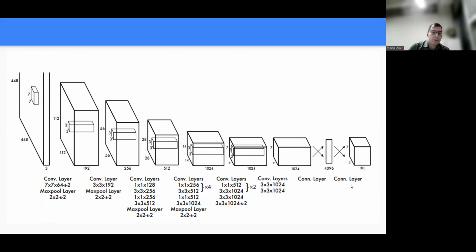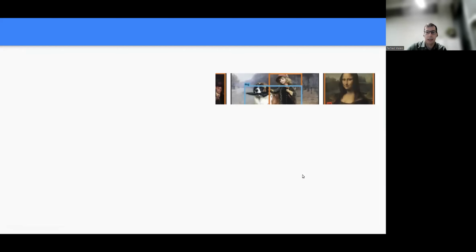So YOLO is actually very straightforward. By getting rid of those extra layers we don't need, and by hard coding the bounding boxes, yes, we might lose a little bit of performance regarding precision, accuracy, or other measures, but we increase the speed. That's what they got, and the whole purpose of the YOLO model is increasing that.